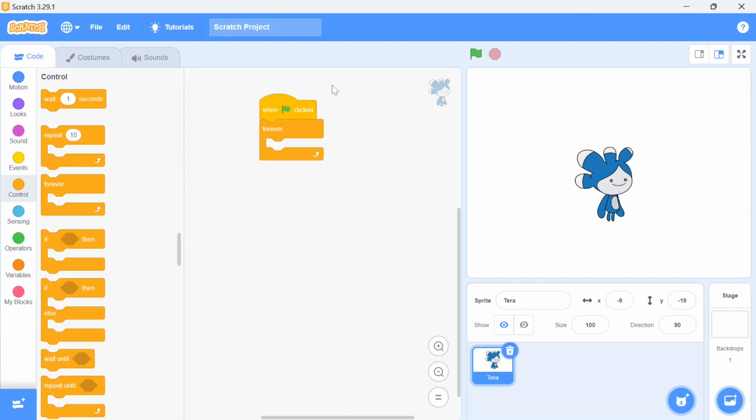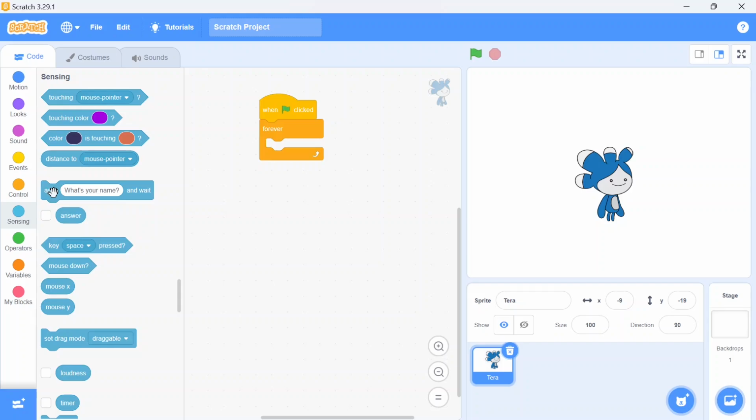And then afterwards, she is asking one question to you. So for that, I will go into the sensing block, where Tara will ask you one question. Here I will type my question, that is, what would you like to do? Addition, comma, subtraction, comma, multiplication, or division. Now you'll see Tara is asking, what would you like to do? Addition, subtraction, multiplication, or division. So when I just click on the green flag, you will see the result.